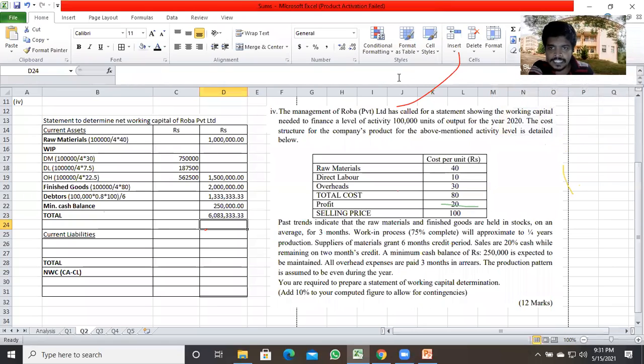Yes, creditors available. Yes, overhead expenses. Payable overhead expenses available. Those are the things. Yeah? Now you can do, I think, actually. How to identify the creditors balance? What are the creditors?